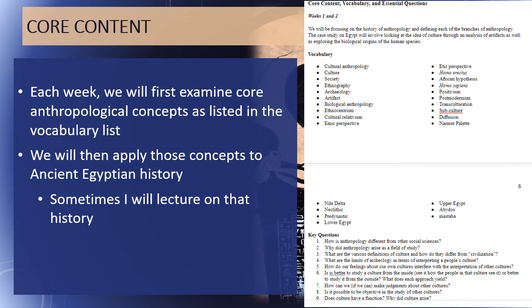Sometimes I'm going to lecture on this material. Other times I will give you something to interact with. So it will be some kind of source that I will hand out. Sometimes I'll send you to certain websites to look at artifacts because they're best viewed that way. If we're in school, I will have some artifacts that we can handle, we can actually touch, but that's not looking very likely, looking very much like everything will be online for a while. So the internet will be our friend.